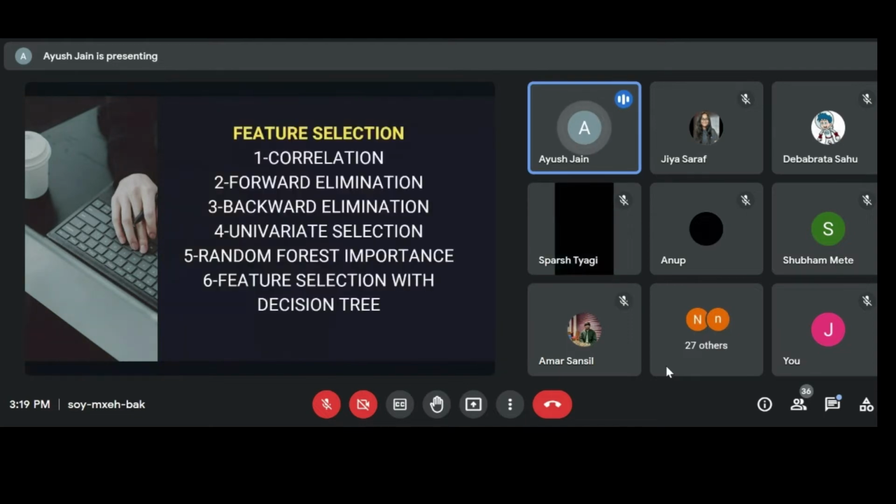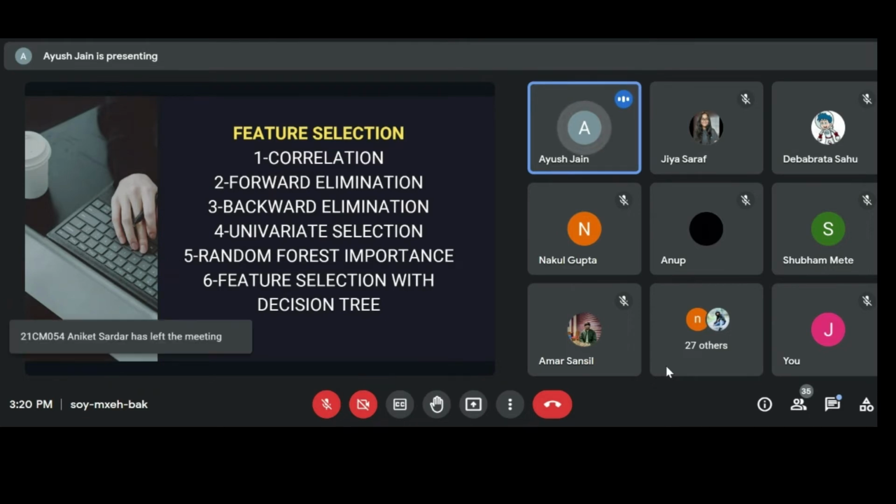Now, moving forward, we do have feature selection also. There are some features that we do not want in our data set, that are not that correlated and not of much importance to our targeted value. So we select the important features that depend on the target, and that might affect our target output.